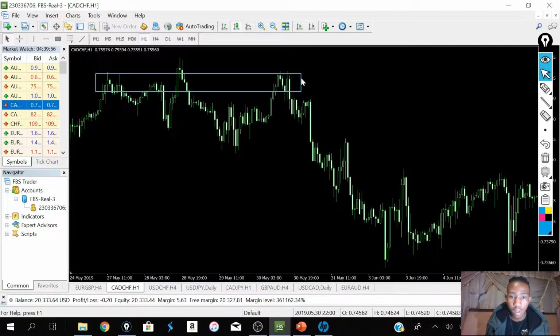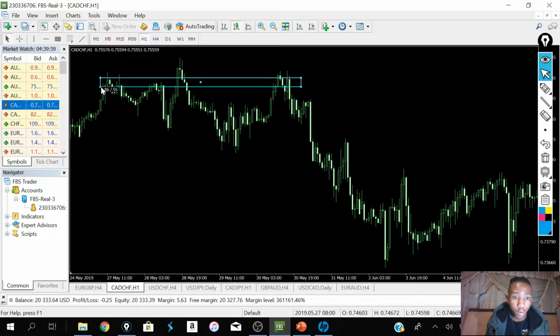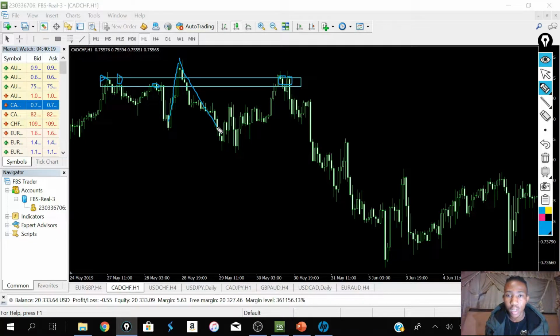As I said before, you need to make sure that your resistance caters for where there's most touches in your graphs. As you can see right here, I have 1, 2, and 3. Now that confirms to be my resistance, and then we have 4 right here. You might ask yourself, why am I not counting this one? The reason I'm not counting that one is because this is a fake out, meaning it's there to hook up buyers in a sell